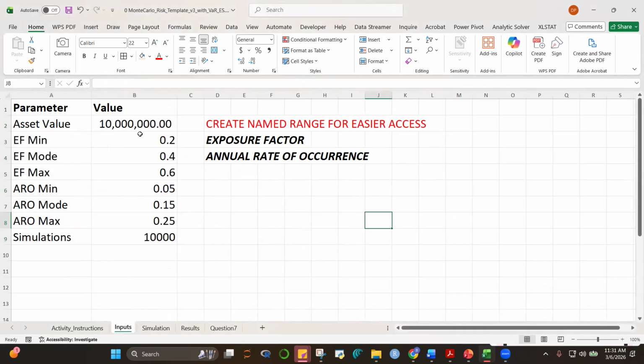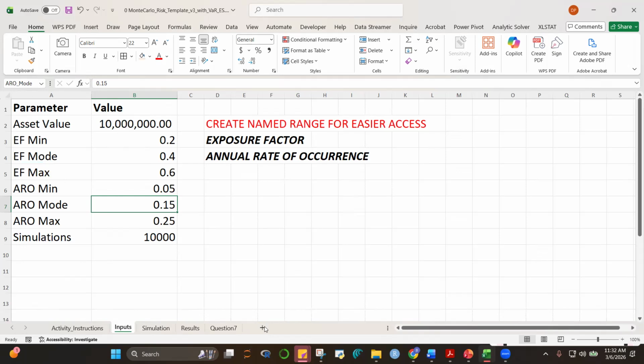There you go. So let's now check the name box. Take a look, there are now names here. And notice that the names have underscores because you can't use two words. So if I click arrow mode, then this is it. This is arrow mode. So Excel automatically changed the name into one with an underscore.